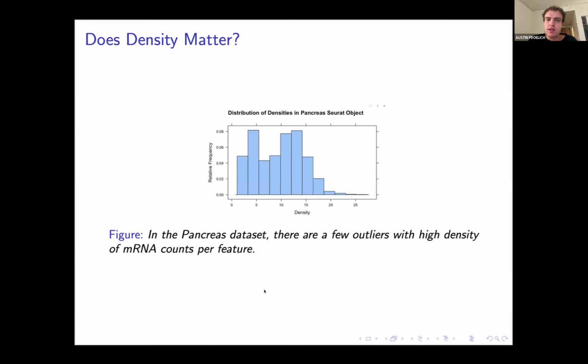Can that help us? That variable is not part of the data set, but I'm wondering if that's a form of normalization that could be useful. In the pancreas data set, we see it's kind of skewed to the right in terms of